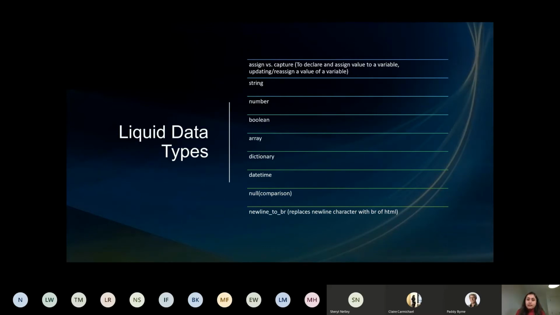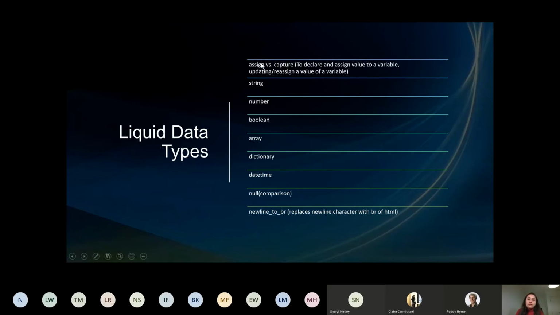Assign versus capture. So there is one data type called assign. It's a little different than other languages. The assign keyword is basically like in other languages, we write var a equal to 3. What we do exactly is declare a variable and define a value for that variable. So here assign does the same work for us. If we write assign a equal to 3, we are declaring a variable called a and giving it the value 3. But the basic difference here is in other languages, if we define a variable, we need not define it again and again if we want to update the value of the same variable. Here we will be using the same keyword again and again.